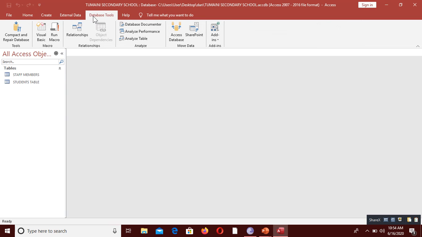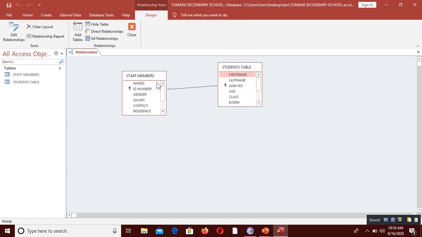So database tools, relationships. They define how the data in the tables is related, such as ID fields or name in different tables. So if you open the relationships, name, another field that can be related here, maybe it's the residence. You can see if we have residence in both, or we have contact, you can relate like that. So it is important to understand how to use relationships